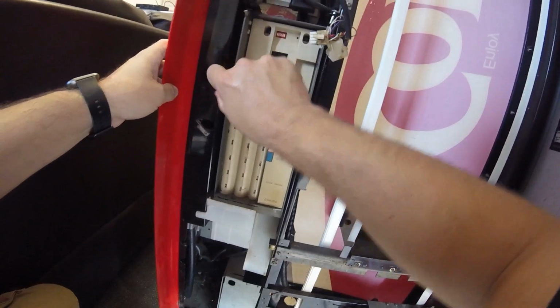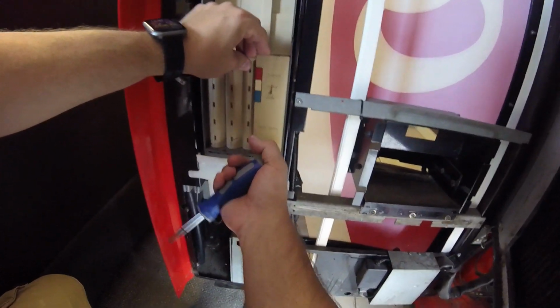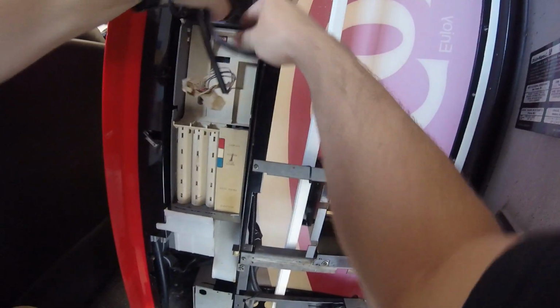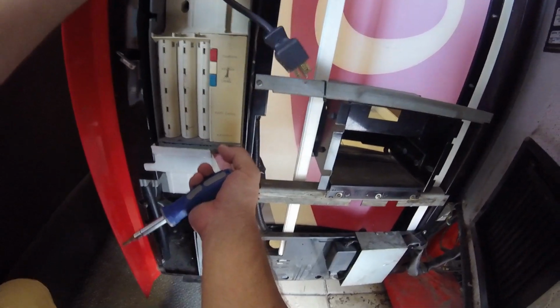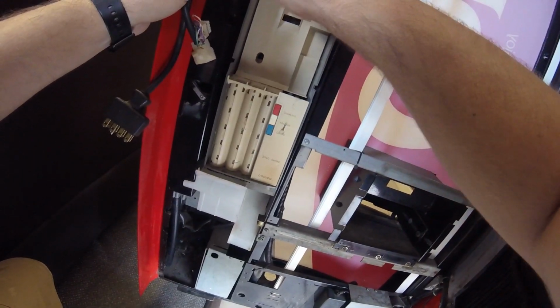So as you can see, I'm kind of struggling with those Phillips head screws there. They were really tight. And I'm trying to just basically, like I said, get it all unhooked and disconnected so I can pull it out easier. And then once you get the screws loosened, you should just be able to lift it up and pull it out. But I'm not sure if I had the screws loosened enough. So let's loosen them just a little bit more,